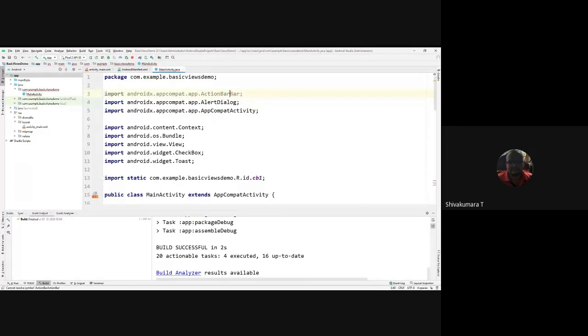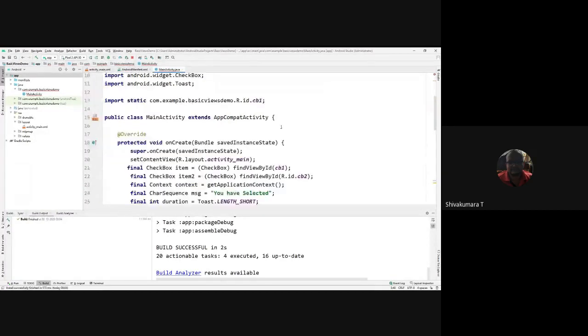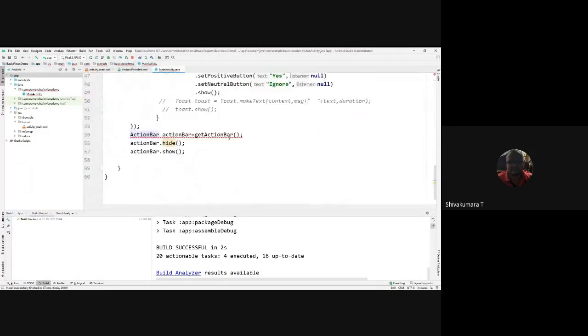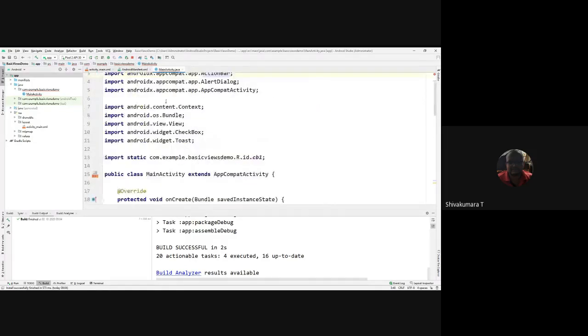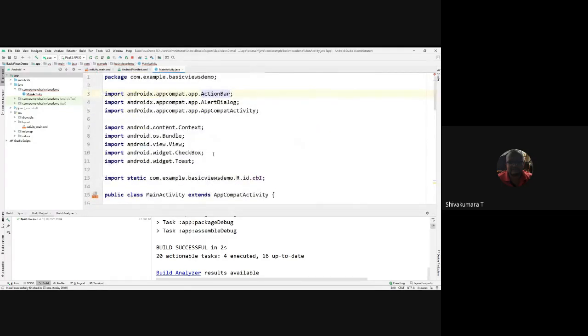Previously it was right. Okay, the required type is action bar Android X. Okay, this is Android X, correct.